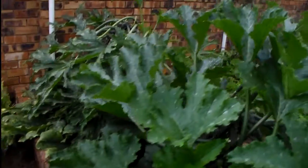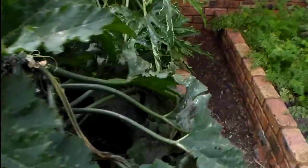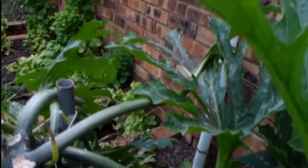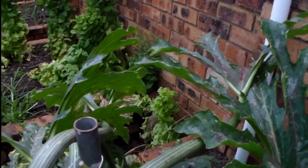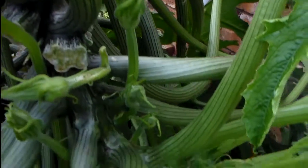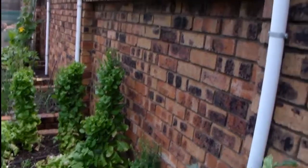One thing that has done great this year is these courgettes, zucchini. They have gone prolific this year. I've never grown such big plants. I've got a metal spike here. I don't know if you're going to see it on the video. That metal spike is about 900 mil high, 3 foot high. The plant reached the top of that, and now it's hanging over, and it's probably about another 18 inches longer than that spike. So if that metal spike was longer, that plant would be way up in the air,